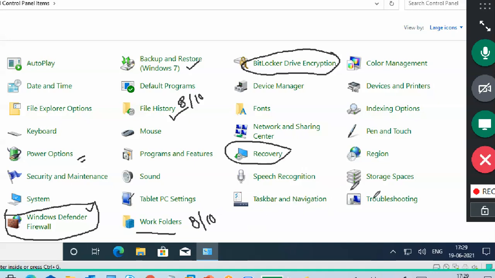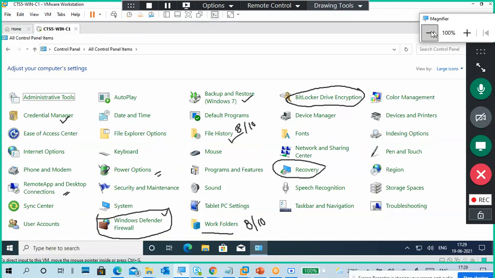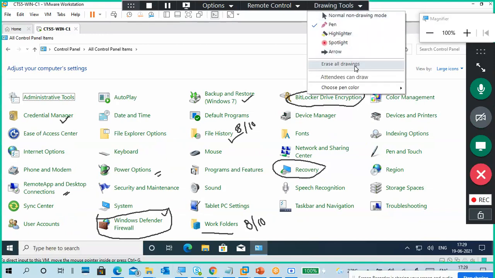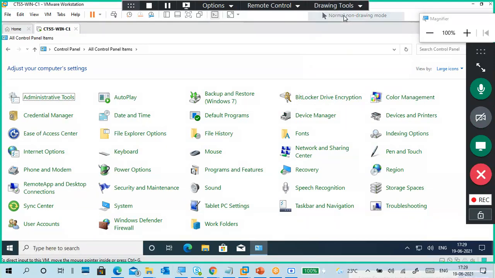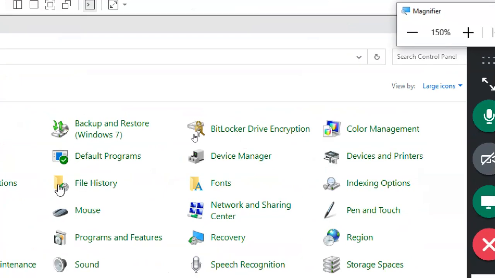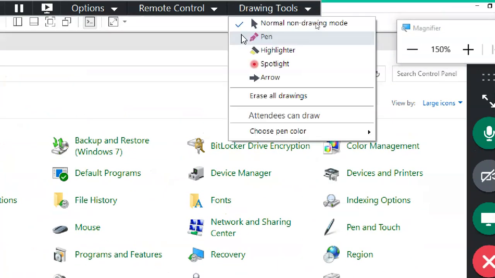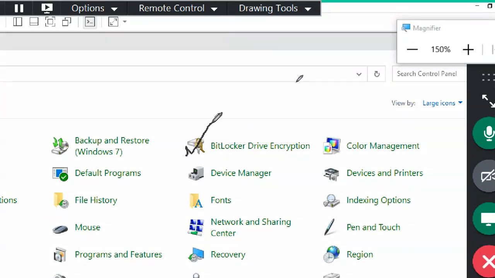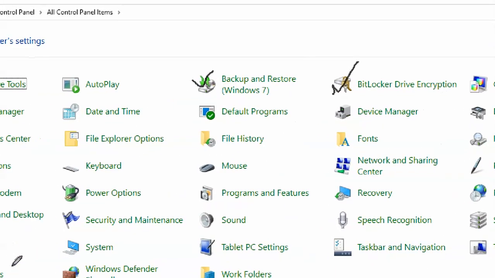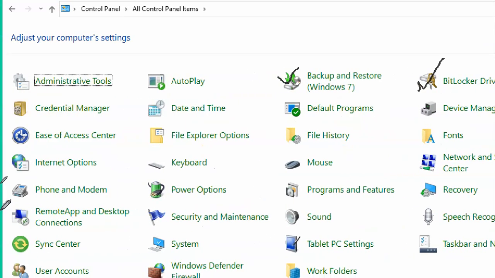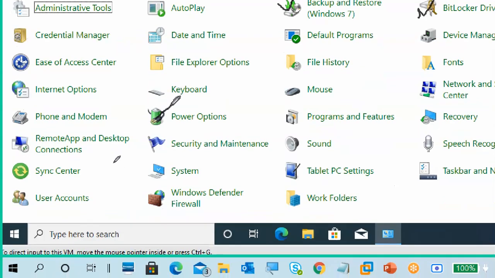Okay. So next, in control panel, the important things to learn are BitLocker and Backup and Restore. I will tell backup and restore only in the backup classes. Okay, Power Options.